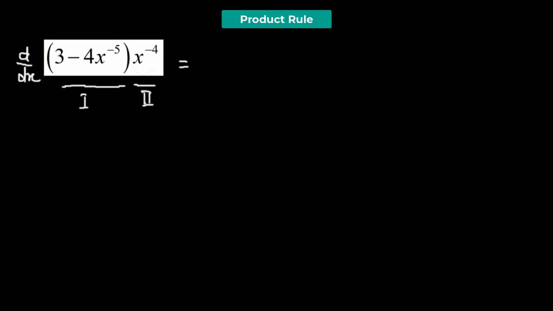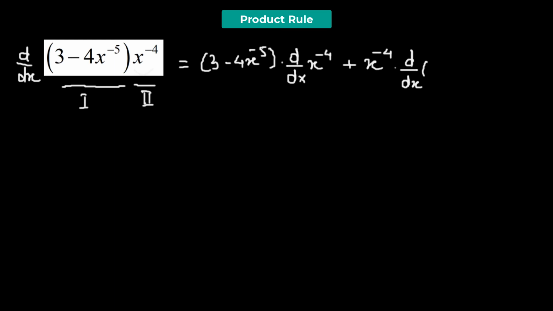So we have 3 minus 4x raised to the power of negative 5 multiplied to the derivative of x raised to the power of negative 4, plus x raised to the power of negative 4 multiplied to the derivative of 3 minus 4x raised to the power of negative 5,